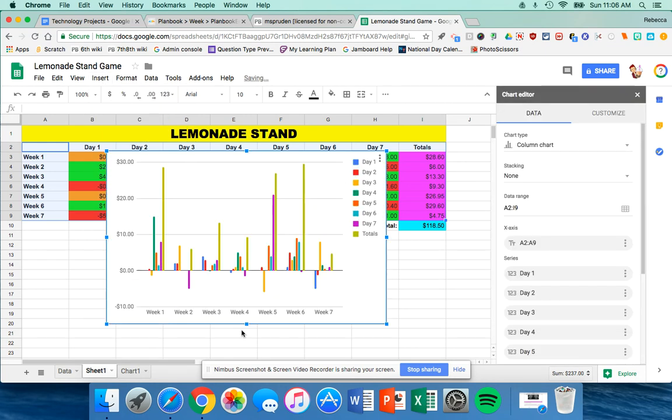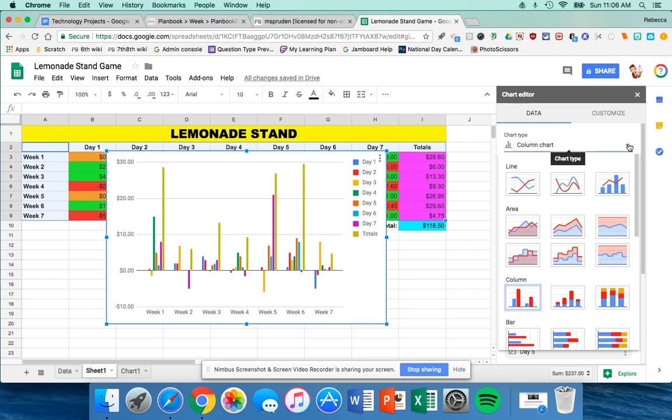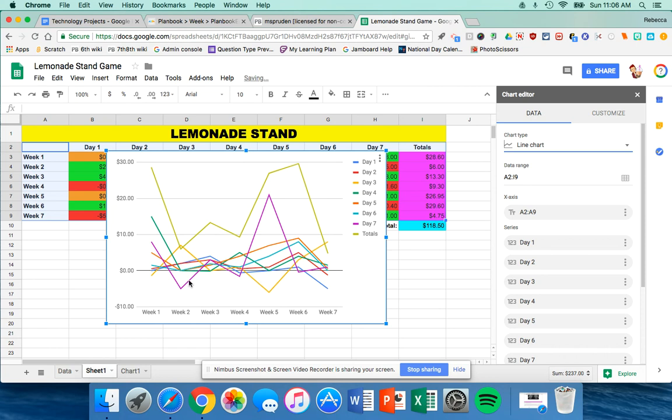The first thing that might pop up on your computer is going to be a bar graph. We do not want a bar graph, or it's also known as a column chart. So in the chart editor on the right-hand side of your screen, I would like you to drop the chart type down to line chart. We're going to select the first line chart. Okay, so that'll now change our data into a bunch of lines, and each week will be represented by a